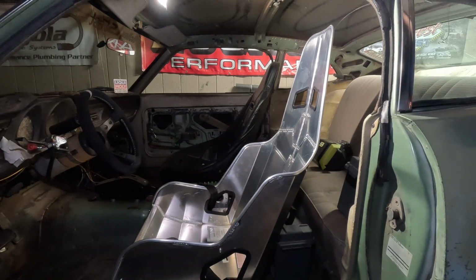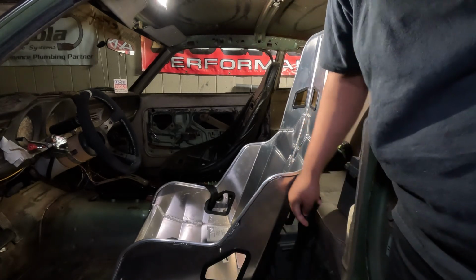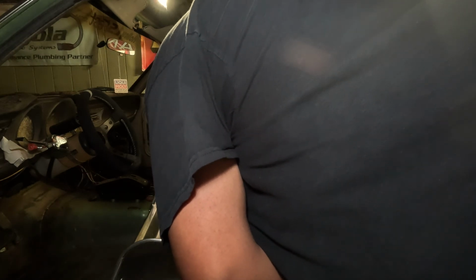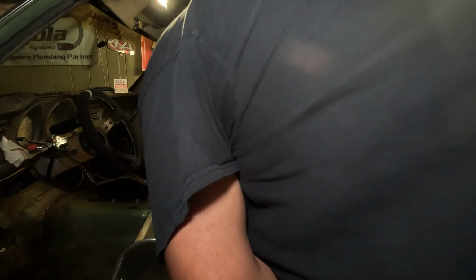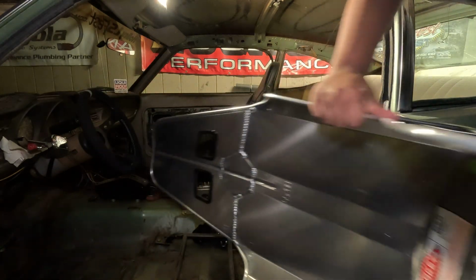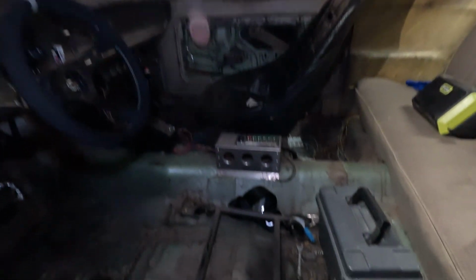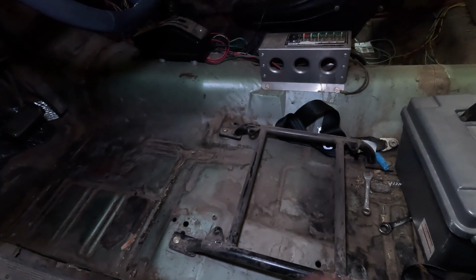Take this seat out, show you guys what I'm working with as far as the bracket wise. I had this sort of mocked up the other day just to see what it might look like. So beneath it is just a basic bracket that I've modified already. I've actually shortened this previously,